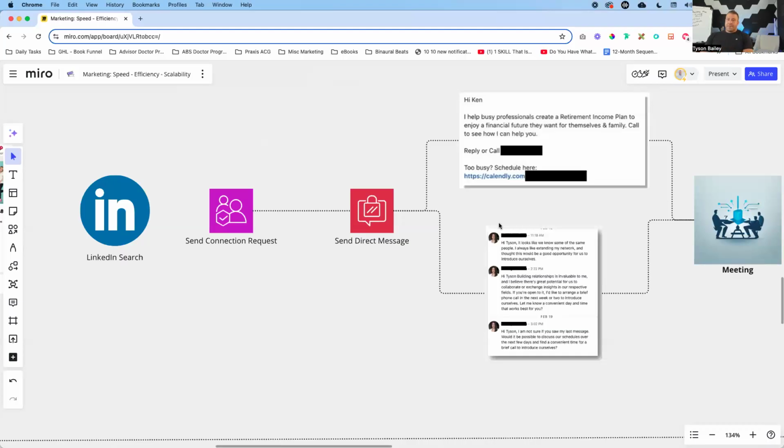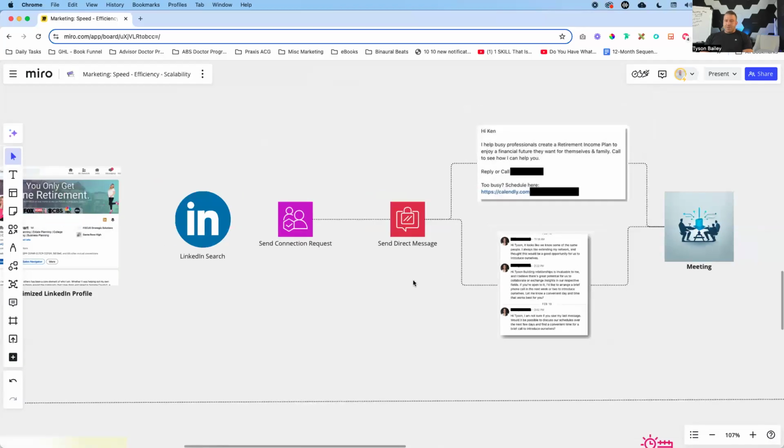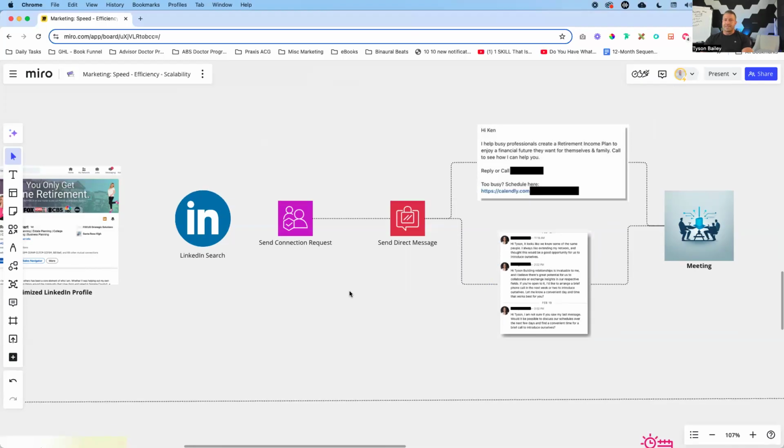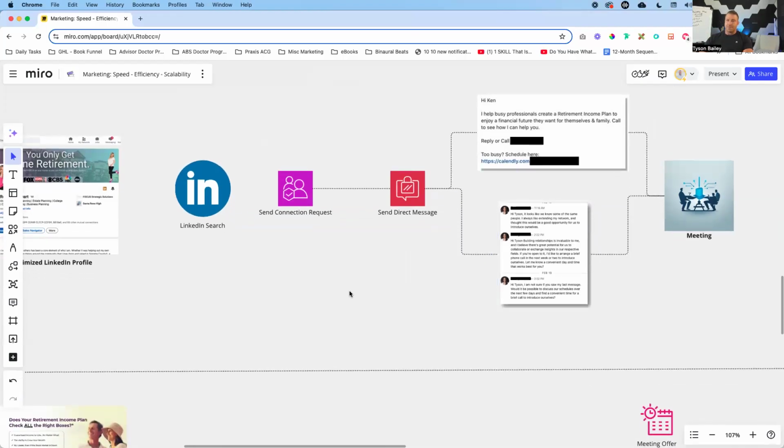So if you're going out and doing this manually, these are the types of messages that I will see the majority of the time. Now, is it bad? No, but going back to what I mentioned previously, there's a good, better, best way to go about this. I'm going to walk through what I would do instead, even if you're doing this on the manual side, okay?